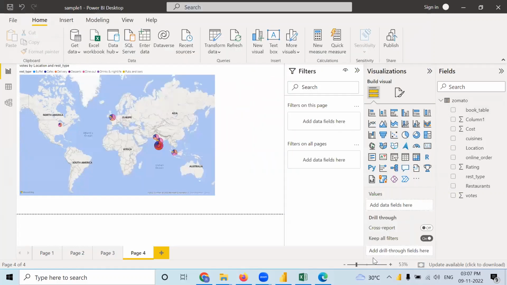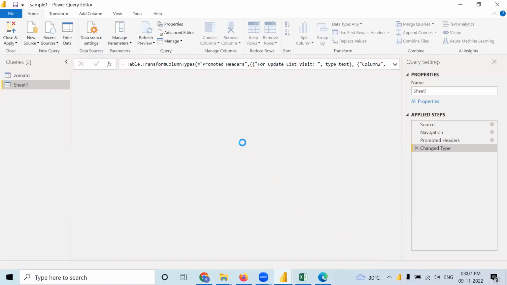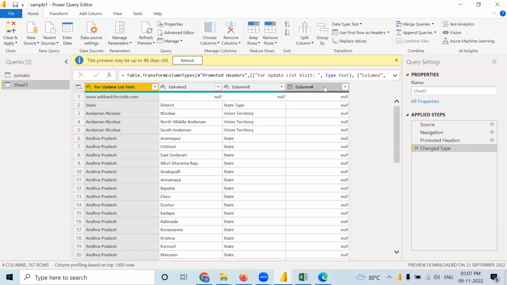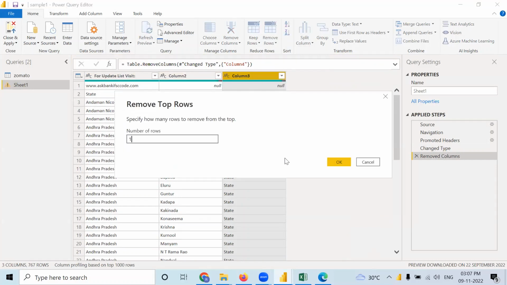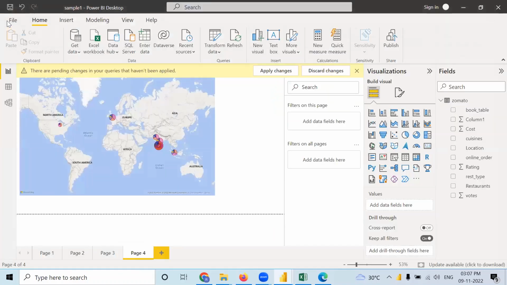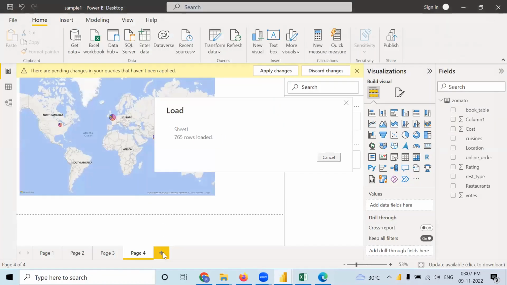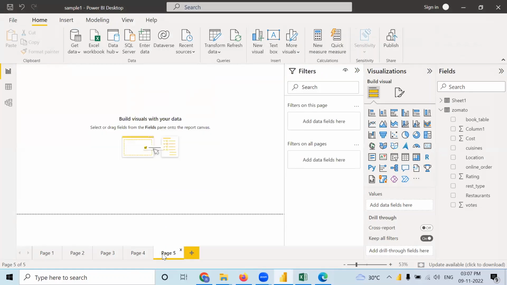There were different states in this particular sheet.